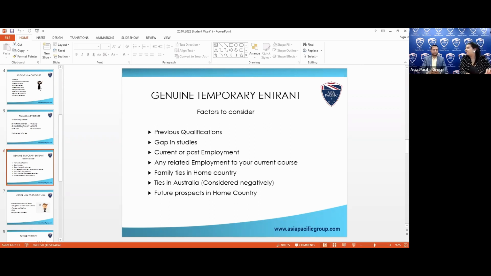And here comes the role of your migration agent, who will guide you on what can help you make your GT, because GT, if someone says it's just a document, but if you look at it, it's a complete thing on which the visa officer will make a decision whether he or she will give you a visa or not. Definitely. And we'll talk about ties in Australia as well, the next point.